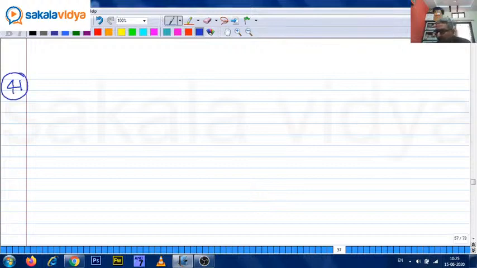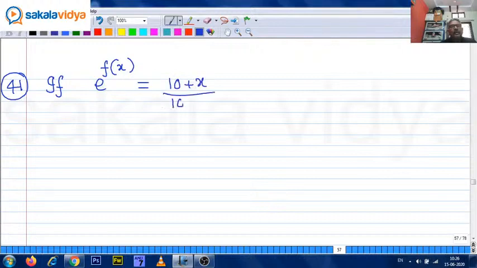Question number 41. If e power f of x equals 10 plus x upon 10 minus x, where x belongs to minus 10 comma 10,